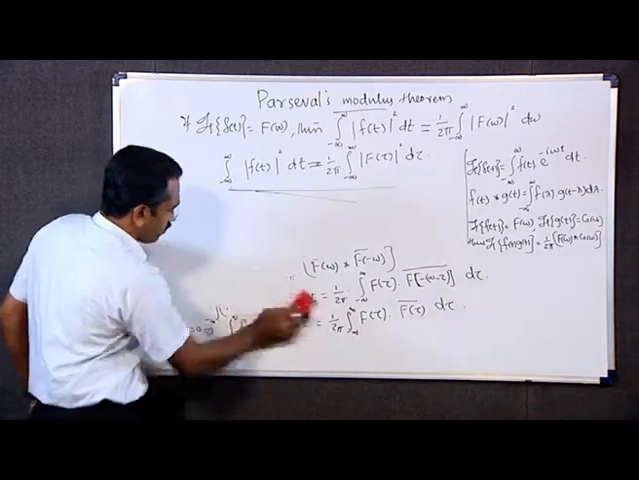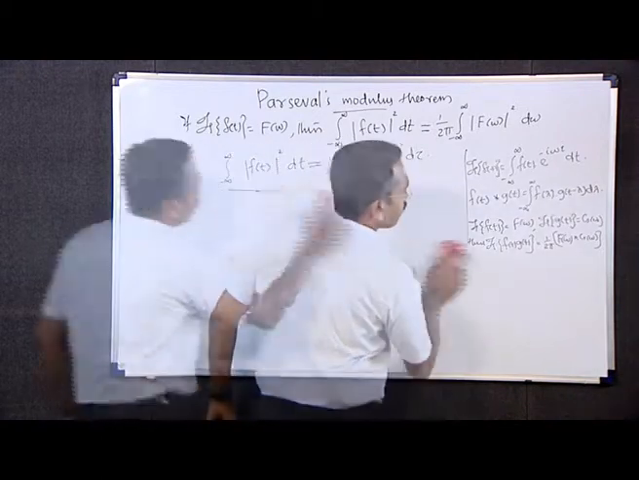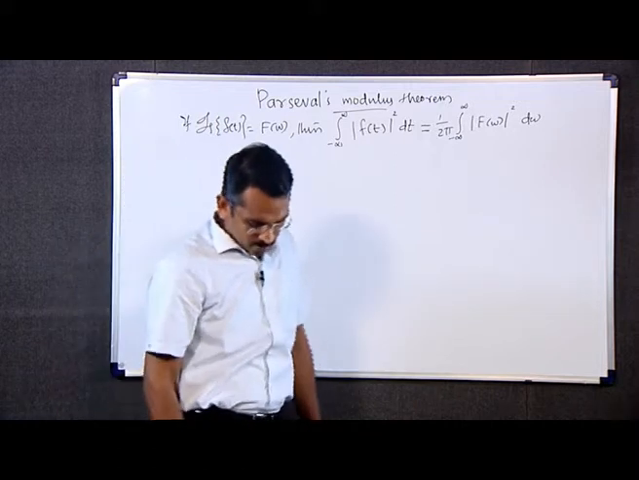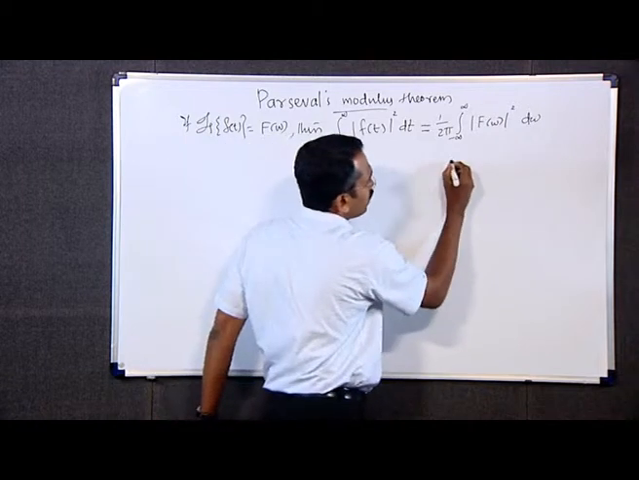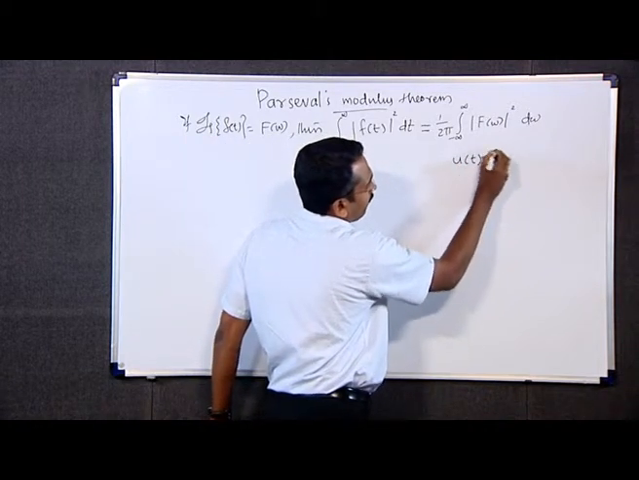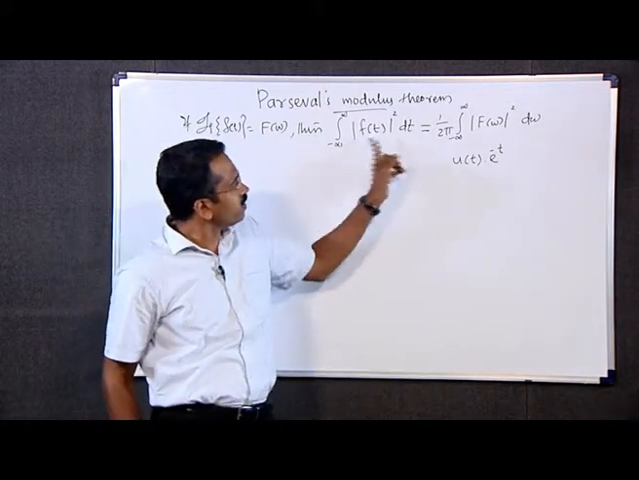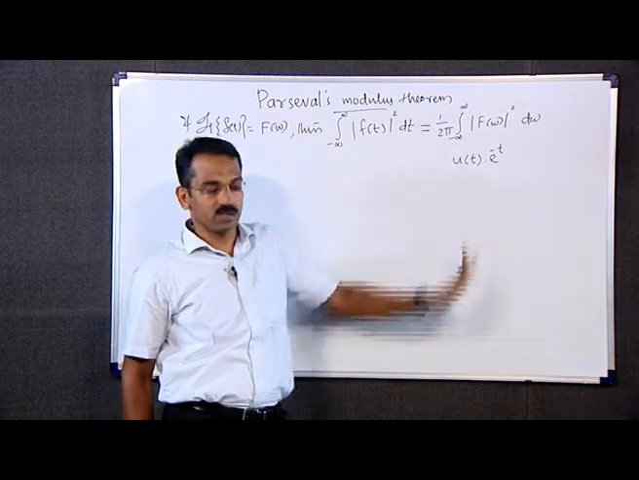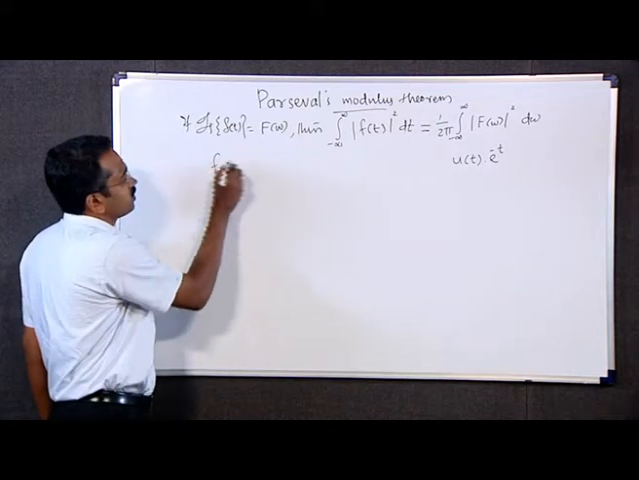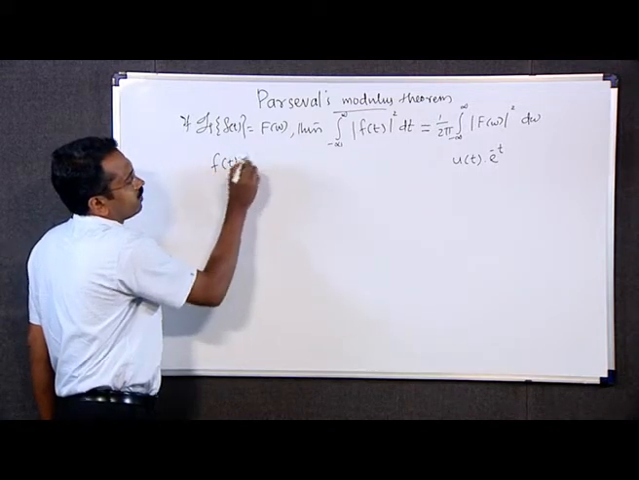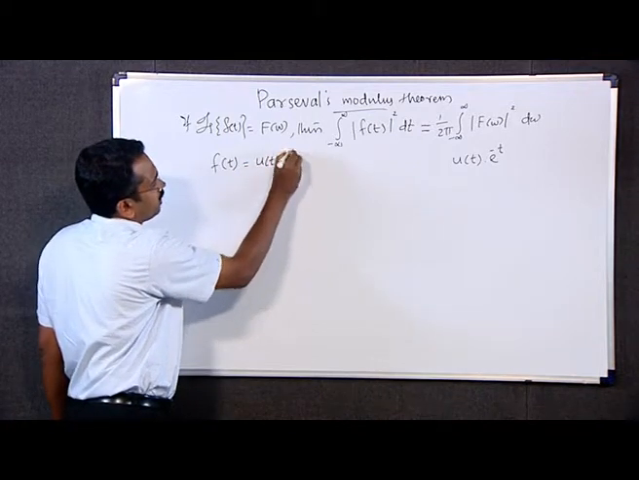Now, we have to work out some example problems. First one is verify Parseval's theorem for the function u of t into e raised to minus t. This is the given function. We have to verify this identity for this function. First of all, we denote the given function by f of t, that is f of t equal to u of t into e raised to minus t,